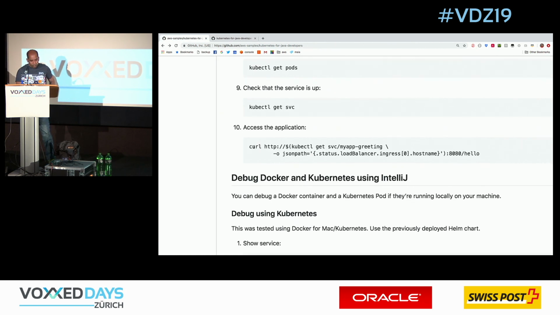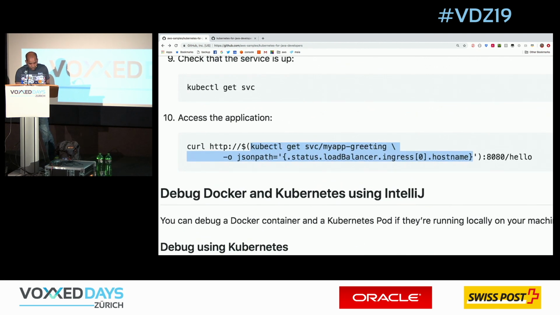So if I go here, all I'm doing is, hey, curl HTTP, let's dig into this a little bit. Okay, this is a command over here. And then I'm saying 8080/hello because the service is exposed on port 8080. So what I'm doing here is, I'm saying kubectl, let me make it a little bit bigger. I'm saying kubectl, get me the service, and my service name is my app/greeting.